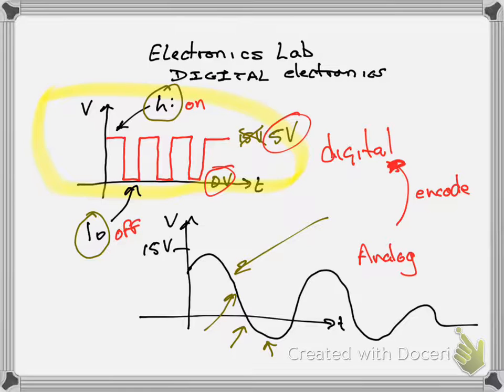So before I move on and get a little bit neater on the whiteboard, let's just think about what was the purpose of digital signals. Well, one is that it's easier for a device, any kind of device, but a computer maybe in particular, to read a digital signal without making an error, because all it has to do is distinguish between on and off. But also,